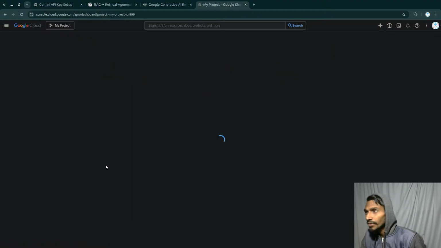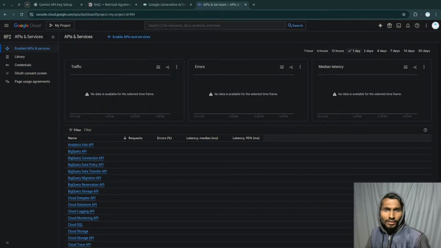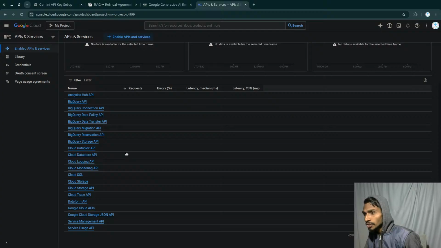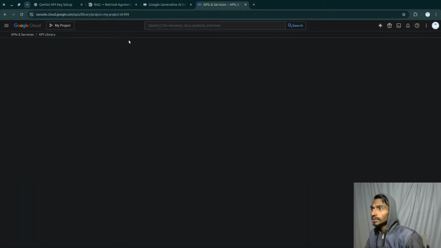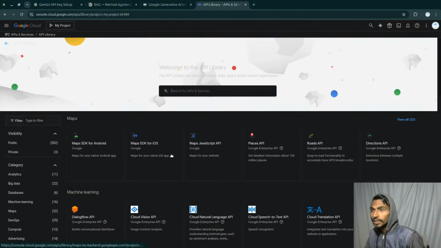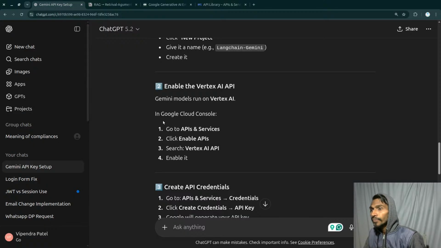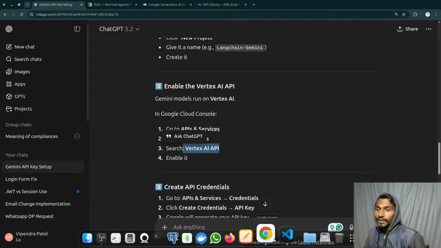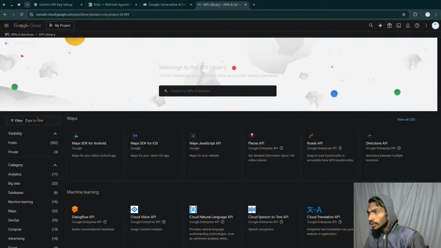I can directly click on this, and once I have clicked on this, then I can just simply go ahead. I hope I'm audible, right? Yeah, I am audible. Then after that I have to search something, and from where can I actually search? Enable APIs and services. I can click on this, and then from here what do I need to allow? After that, Vertex AI API is something that I have to allow from here. So let's look for